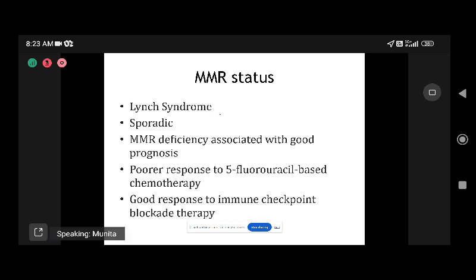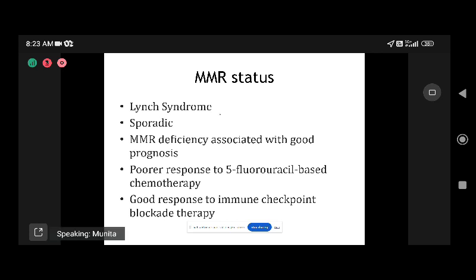In recent years, we have seen high efficacy of immune checkpoint blockade in patients who have MSI high tumors, because these tumors produce a lot of neoantigens. They are very immunoresponsive, have a high immune infiltrate, and are very responsive to immune checkpoint inhibitors,